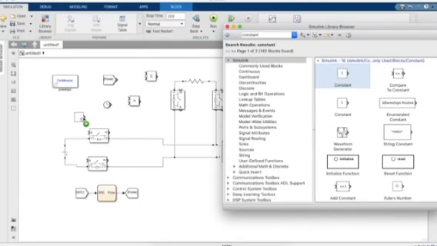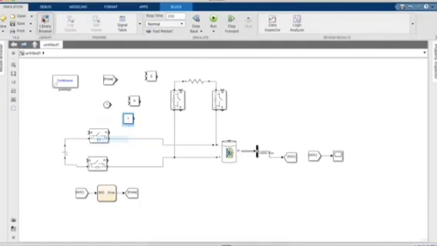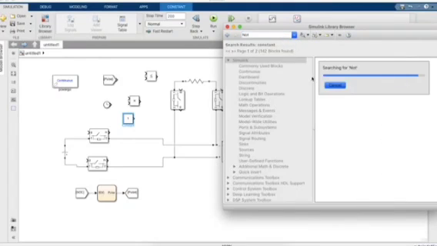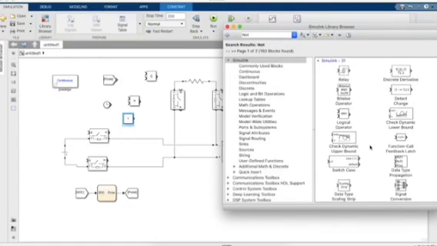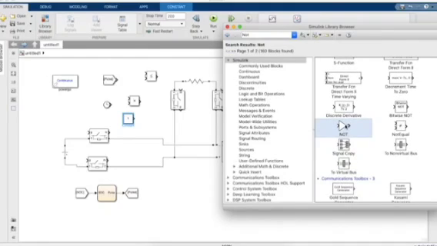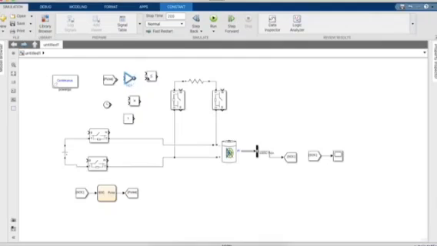We need a clock, a compare block, a product block, a constant block as well. Now we need a NOT gate. The clock block basically shows the value of time.